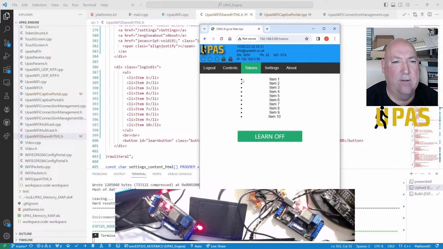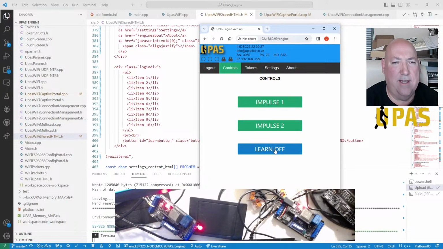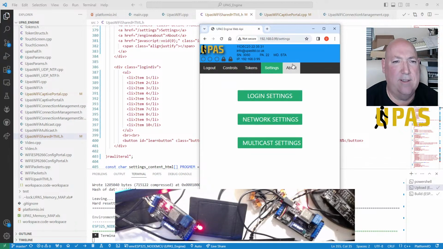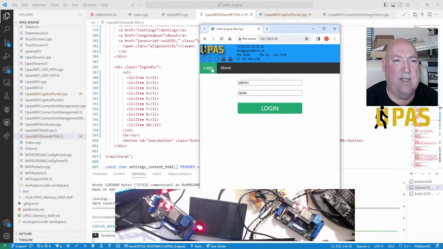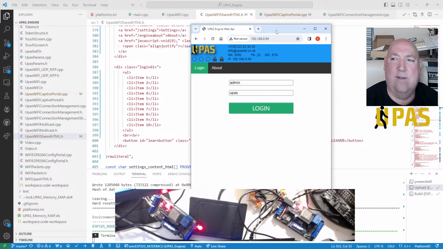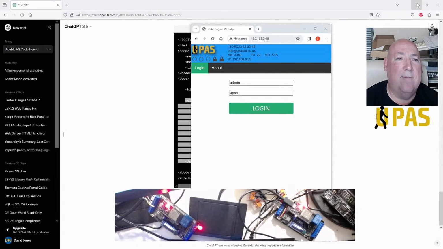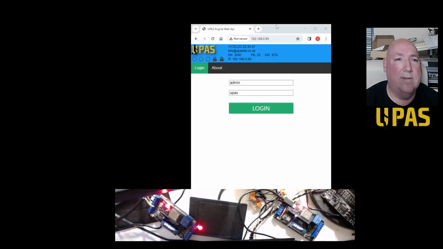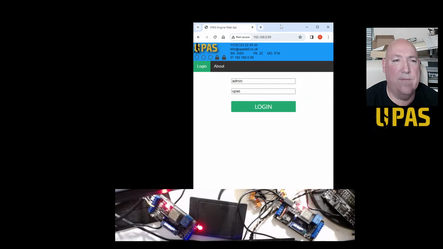I've got an unordered list that doesn't inject any token data yet. We've got that button there. I need to get rid of the button out of there. That's something I've got to get rid of. And we've got the ability to change the settings. It's just standard stuff at the minute. But where this comes into its own is, right, so if I just minimise that a minute, and that one, so we've got that there.